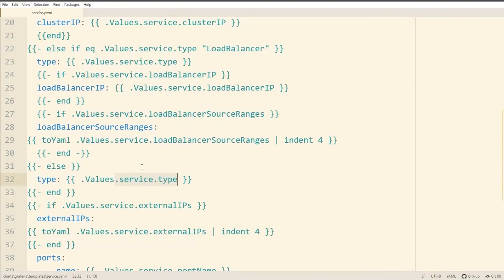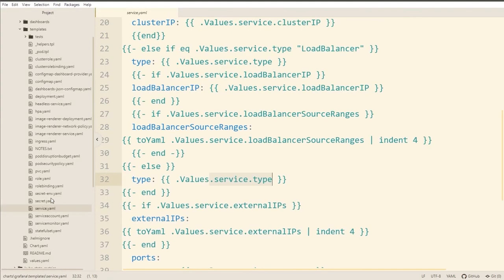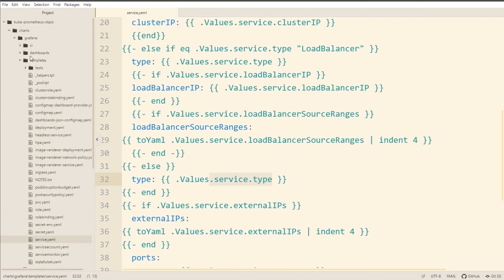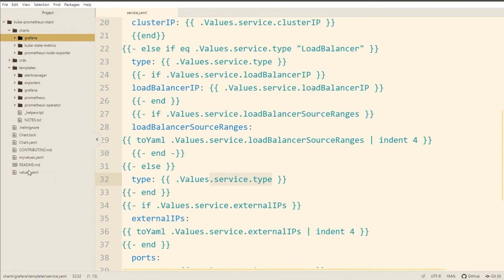If the documentation for the chart is bad and I know I want to override something, you can now always just find the corresponding template and have a look at what values they're using. So I don't want to scare you off by showing you the structure of this professional chart, except to say really, apart from the fact that it's huge, in principle, they're only using all of the constructs that we've used in these previous videos. So that's the end of this extra module that I've added to my Kubernetes course.